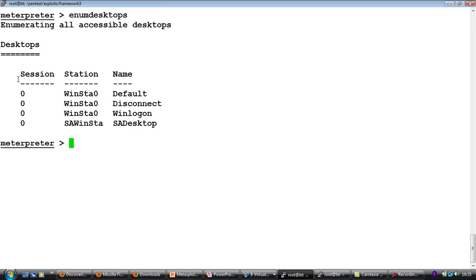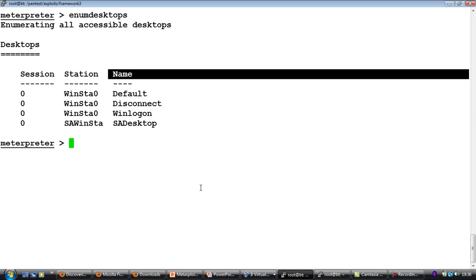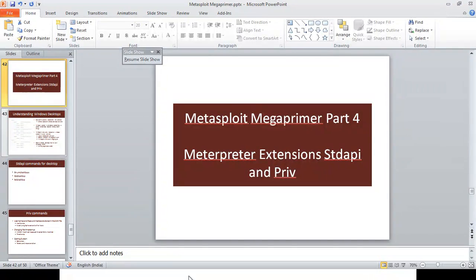If you notice, the first thing you look at is session, second is station, and third is name. Just keep in mind that right now we are looking at all session zeros, and station consists of both WinSTA0 and SAWinSTA, and name: default, disconnect, WinLogon, and SA desktop. Well, if we go back to our slide,